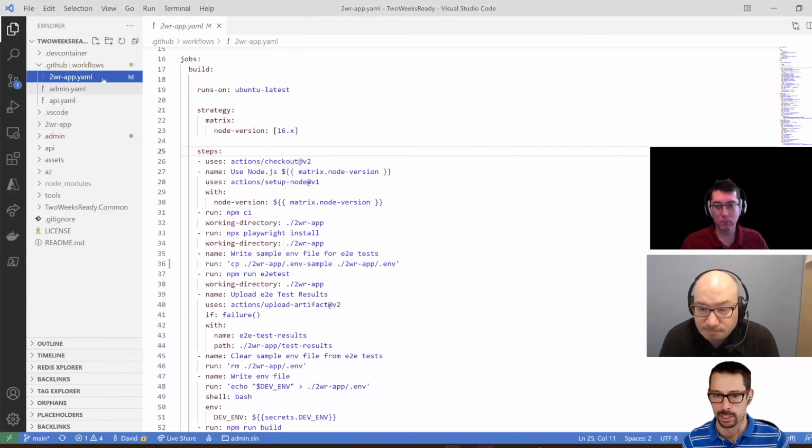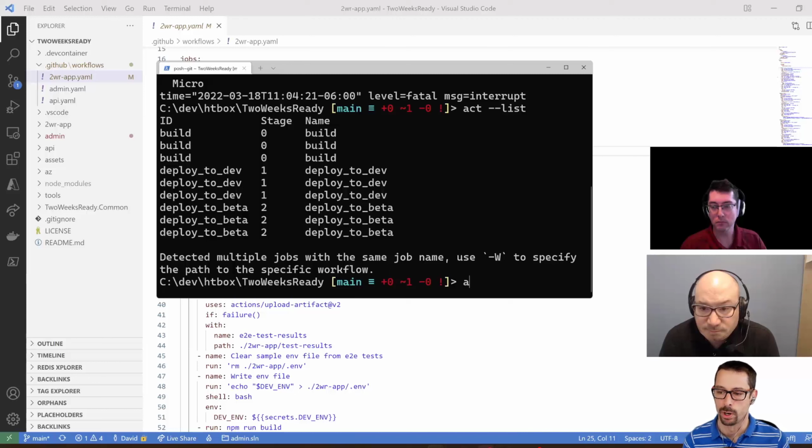And if we look at that over here in our workflows file, we have these three here. So we have 2WR app, which is the front end one, and then the admin app and the API. We're just going to focus on this front end one for today. So if I wanted to specify just that one